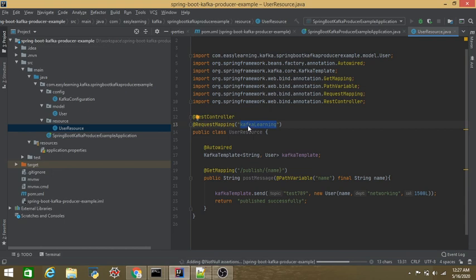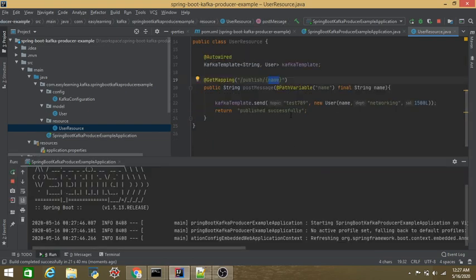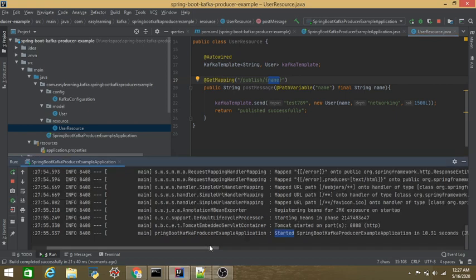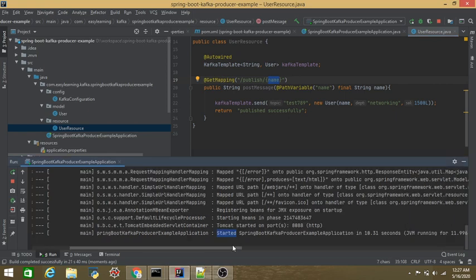And remember the path, kafka-learning/publish/name. This is the mapping for us, and we need to go to the test 789 topic, and we have to see whether our JSON has been published or not. So you can see guys, the server is started on 8088 port.